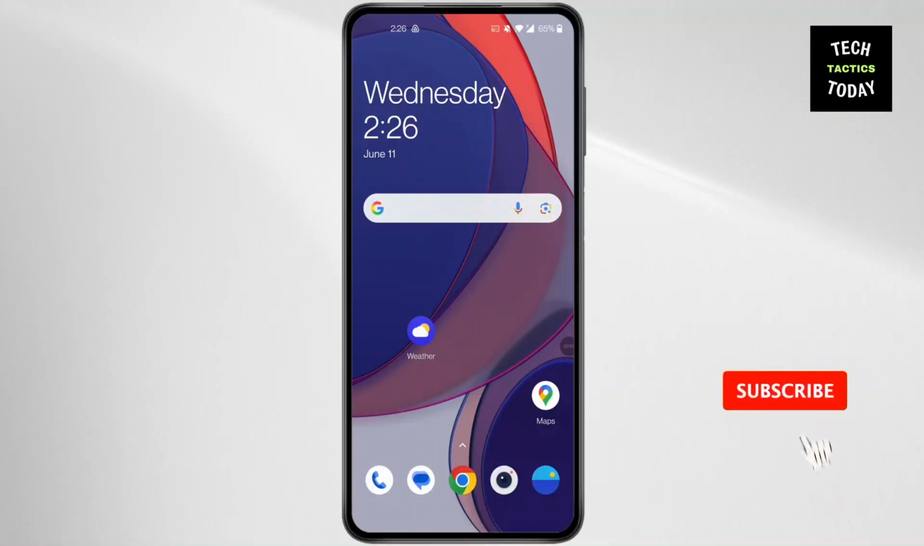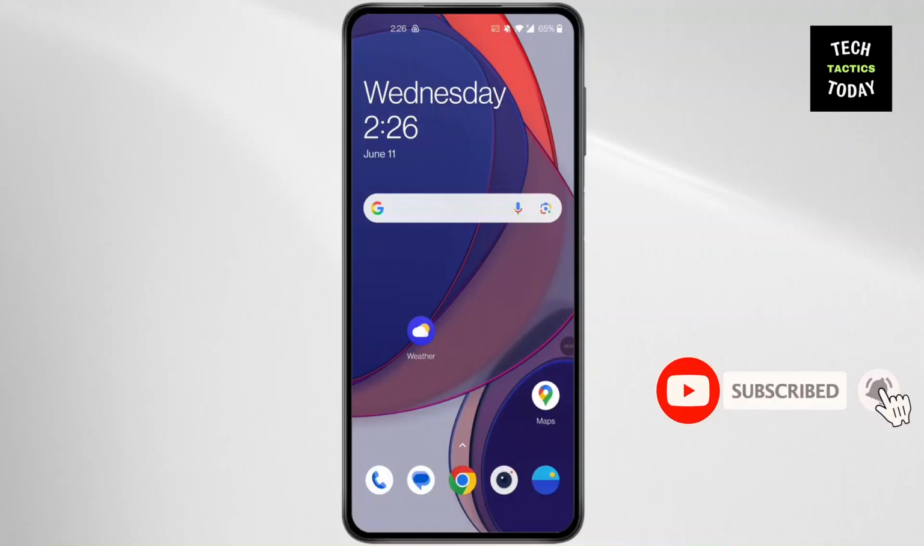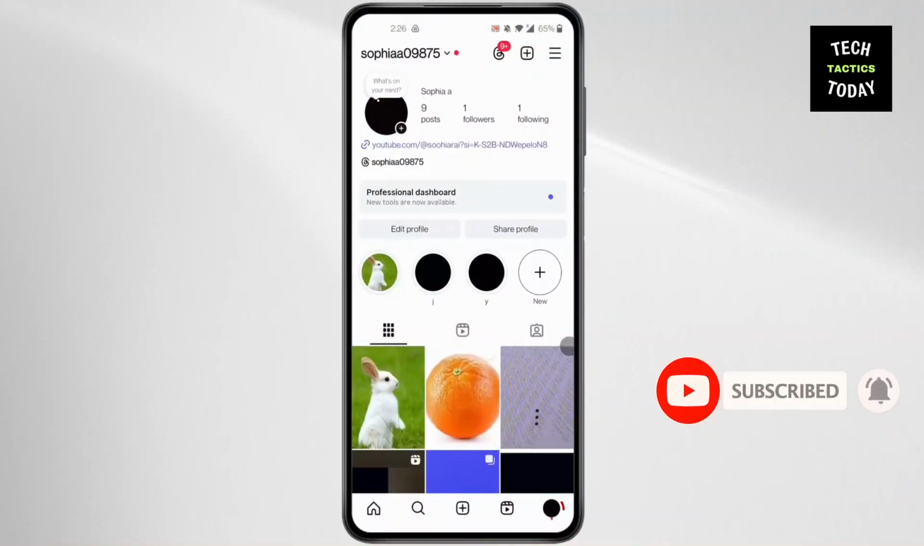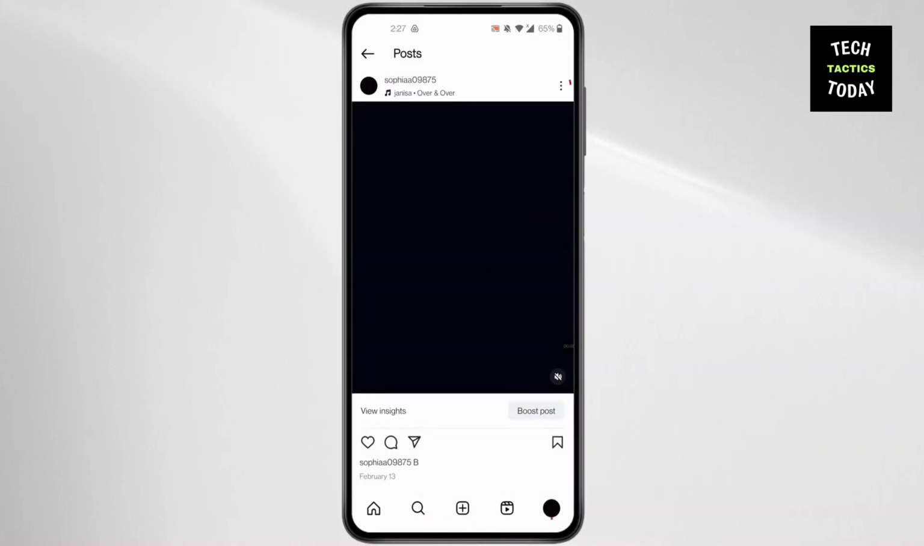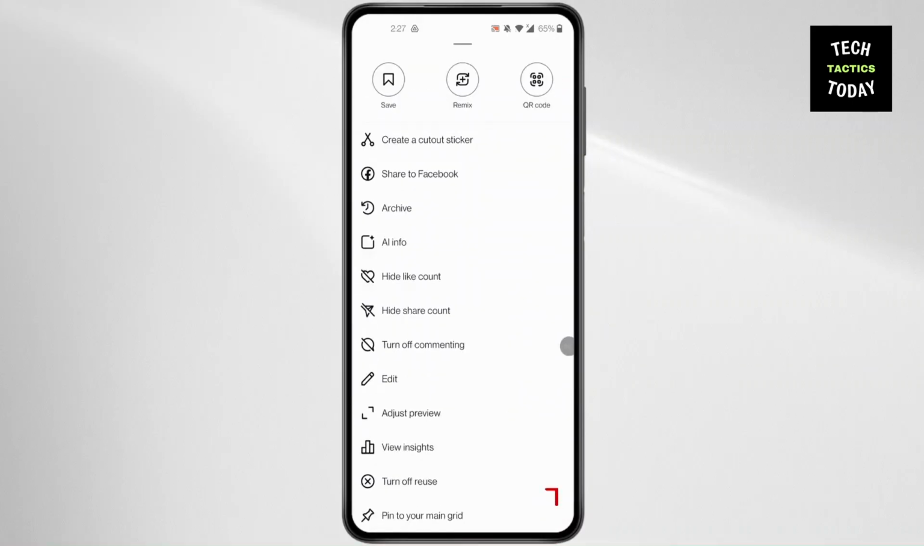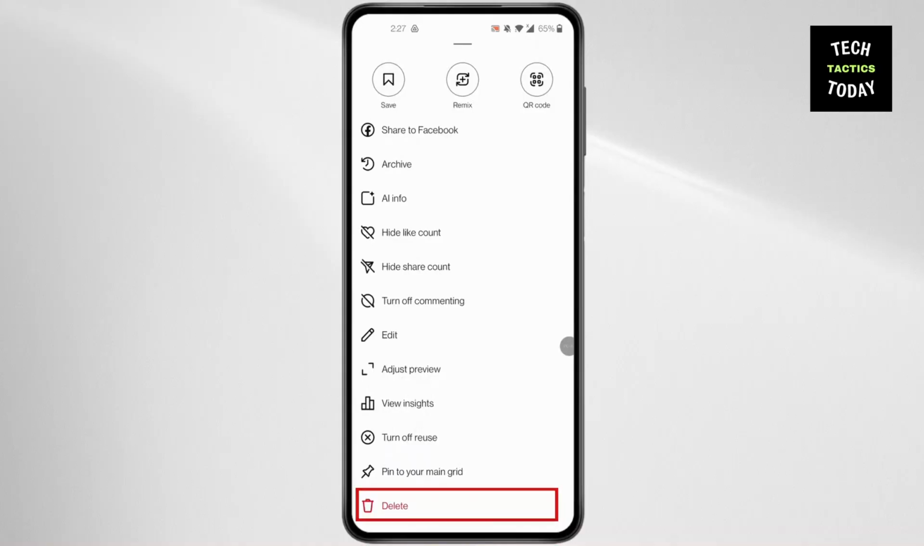Let's jump right in. First, open Instagram on your device. Click on your profile at the bottom right and select the post you want to remove music from. Then click on three dots at the top right of your post. And here at the bottom you will find delete. Click on delete. After you have deleted the post,